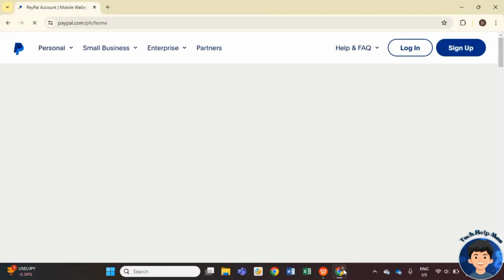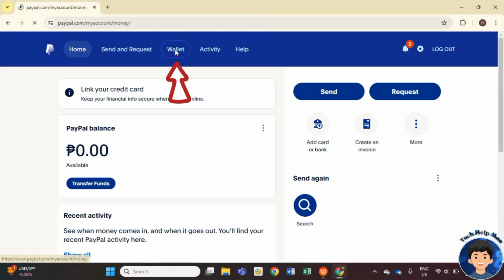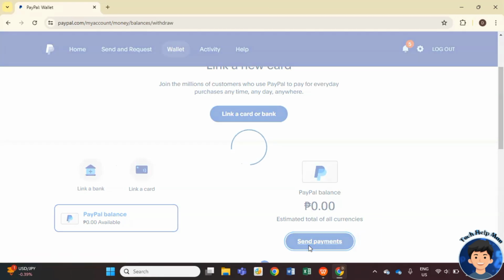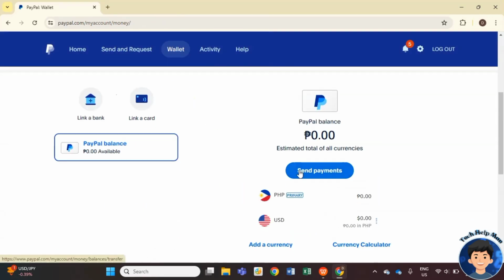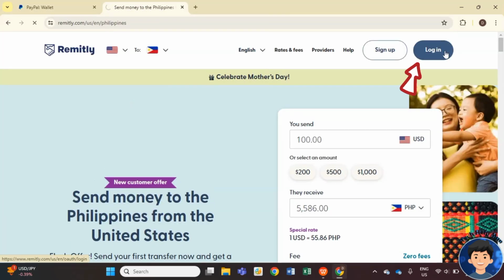First, transfer your PayPal funds to your bank account. Log into PayPal, go to your wallet, tap Transfer Money, then choose Transfer to your bank account, and complete the steps. Once the money arrives, usually within 1 to 3 days, open Remitly or go to remitly.com, log in, start